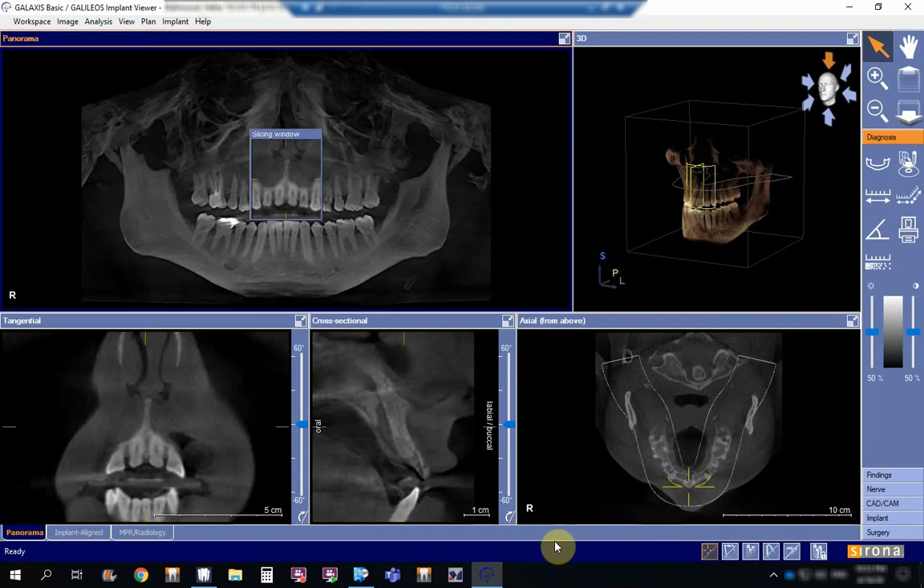Now, what we are using here is Sorona Galileos, image made by Sorona, and the software rendering and the 3D rendering of this machine is by Galaxis. So when you open Galaxis, basically after you take the radiograph for the patient, just like the usual manner,